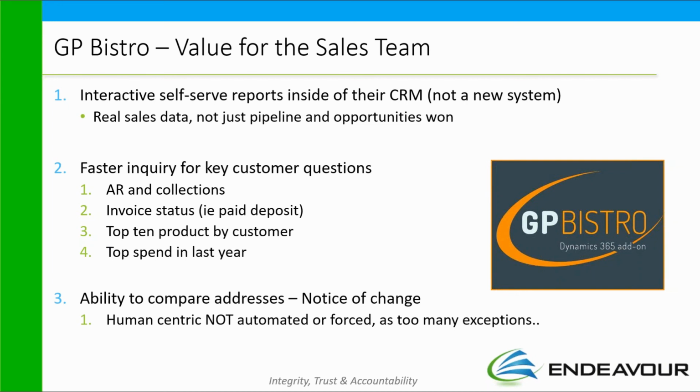And number 3, for sales teams, they're able to compare those addresses. Very important, and we looked at this in depth. You do not want to ever overwrite GP data, and we don't want to overwrite CRM data. We want to allow the choice for the individuals to notify each other to say something is not matching. There's just too many exceptions in terms of ship-to address, head office, subsidiary addresses, of why addresses may be different between CRM and ERP, and we allow the choice for individuals of